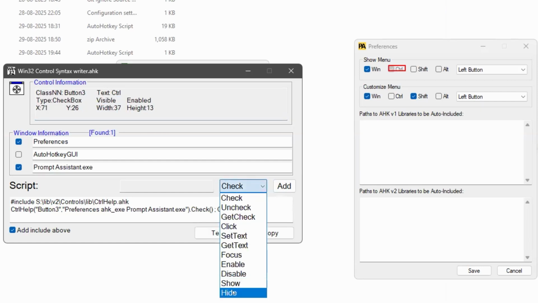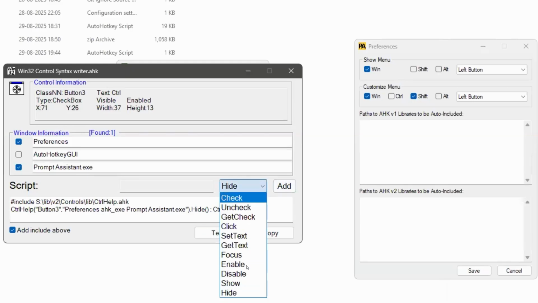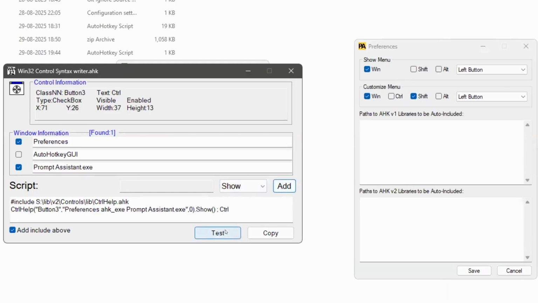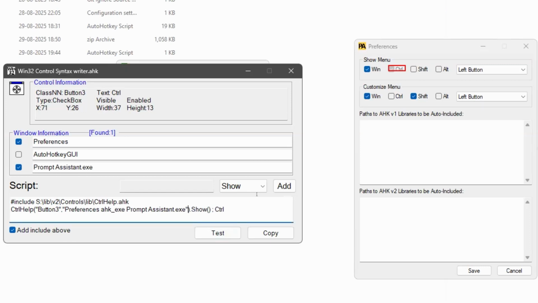And we can hide that control as well. If I add here and I hit that, you can see that control is vanished, and now I have to show it back. To show it back, since we are waiting for it to be visible, I have to pass 0 there. So we are not doing any timeouts, and it will right away make it visible. If I remove that thing,